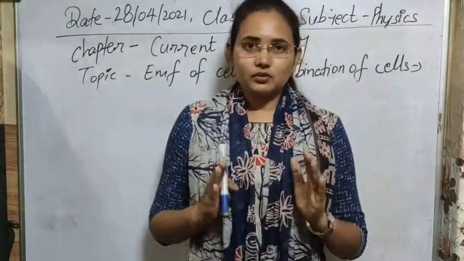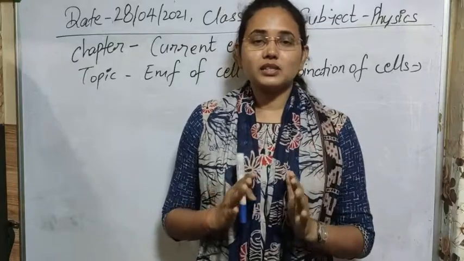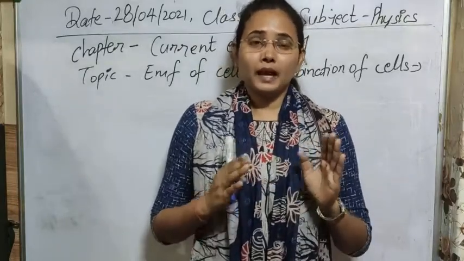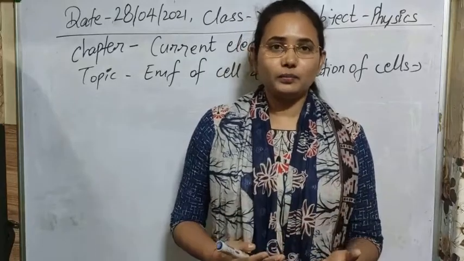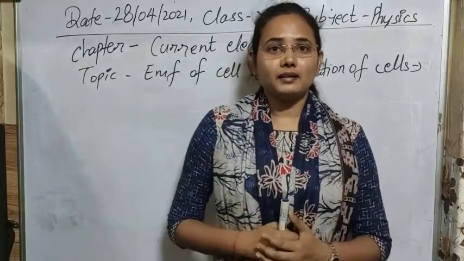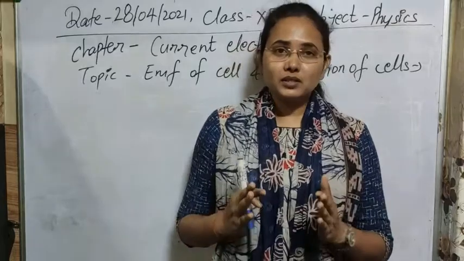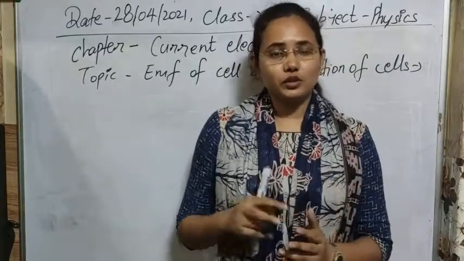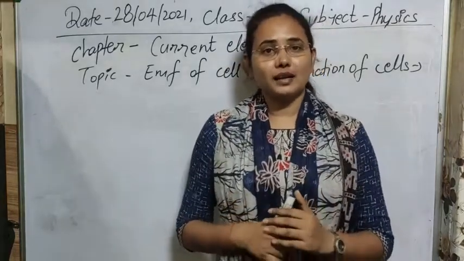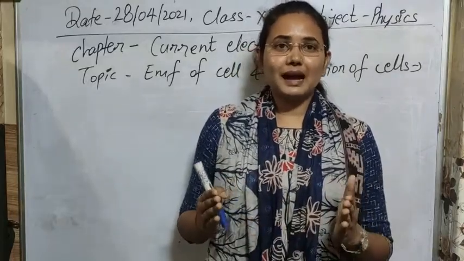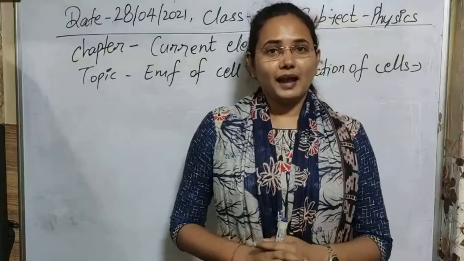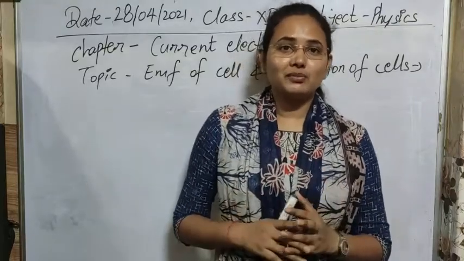Basically, in the case of cells, we take two electrodes, and these two electrodes serve as cathode and anode, and cations and anions are accumulated on them. It means that on the two electrodes, positive and negative charges of opposite polarity are accumulated. So obviously you know that whenever two plates have positive and negative charges accumulated, there is a potential difference between them.